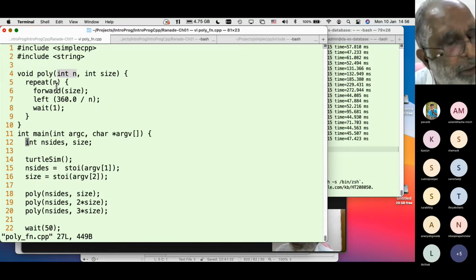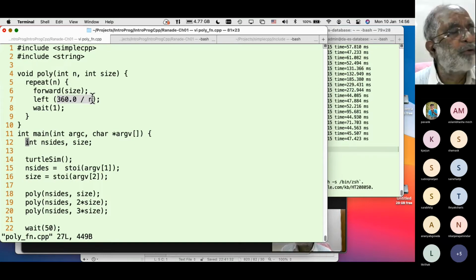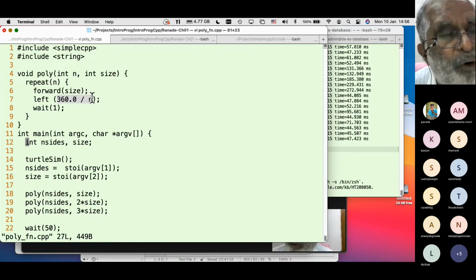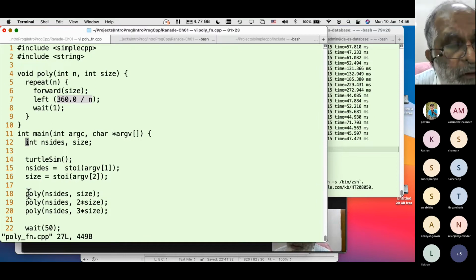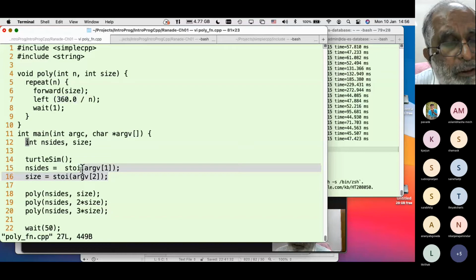I repeat n times for each side. It will draw a polygon, and I'm using a floating point or decimal or fractional number so that my polygon is perfect. And I invoke this function polygon with n sides with a size, n sides with double the size, n sides with triple the size. And I specify sides as the first parameter. We'll come to those details later. So when I run this code,